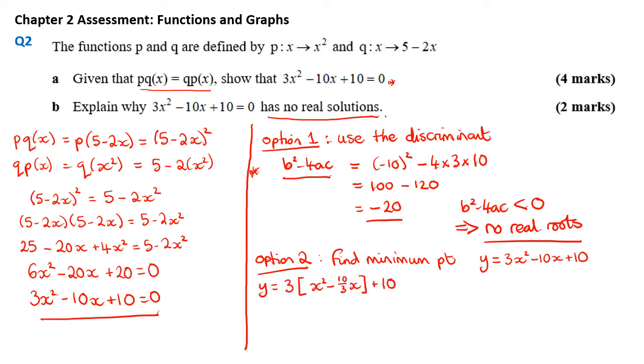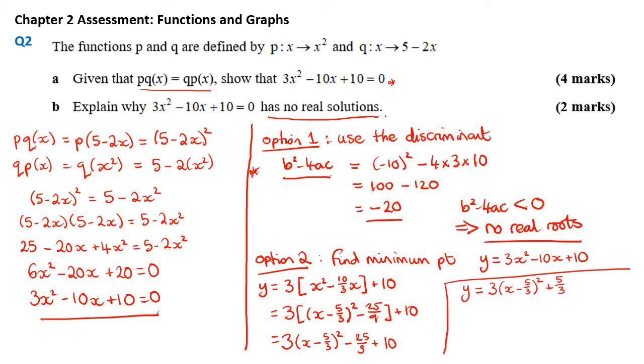So I've factored out the coefficient of x squared from my first two terms. I've then taken half my coefficient of x and put it inside the bracket, and then I've subtracted what I would get when I multiply out the bracket again. Multiply the 3 back out across those two terms in the square bracket, and then simplify. So I've now written my function in this form,